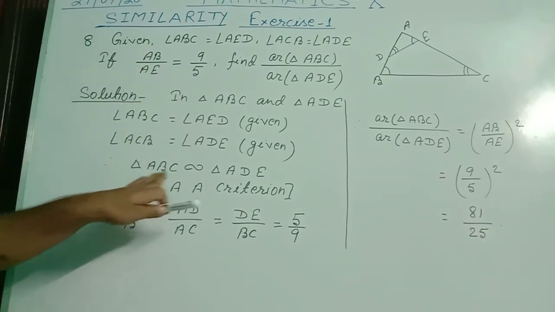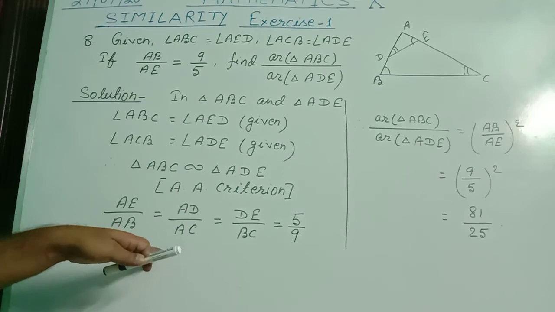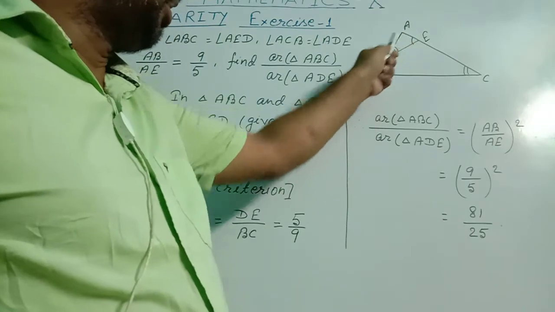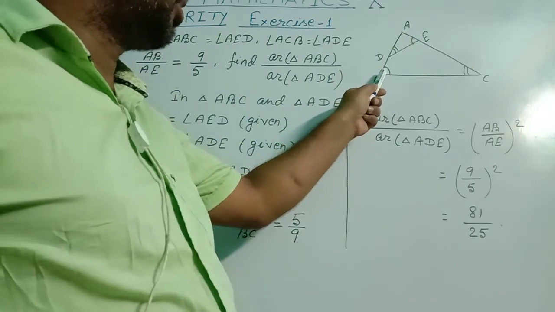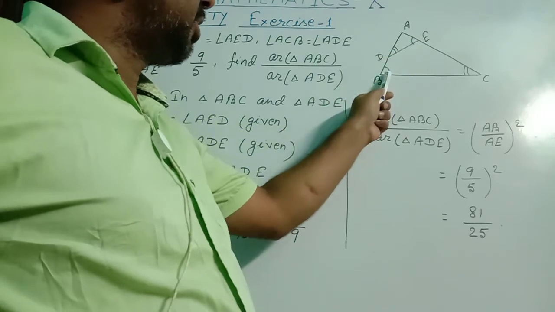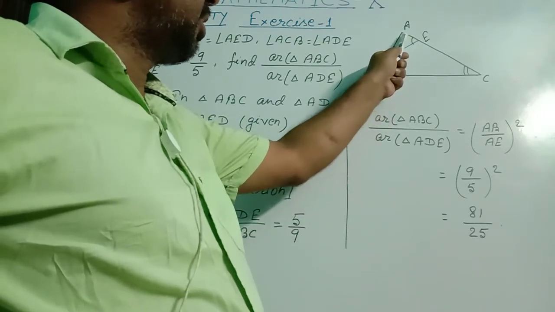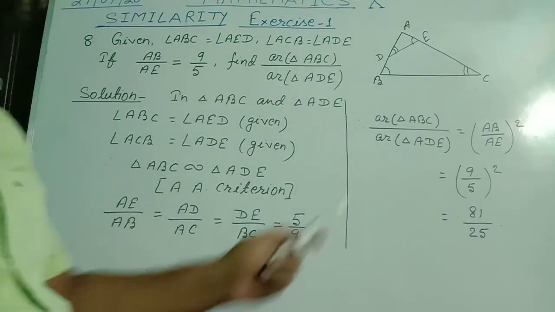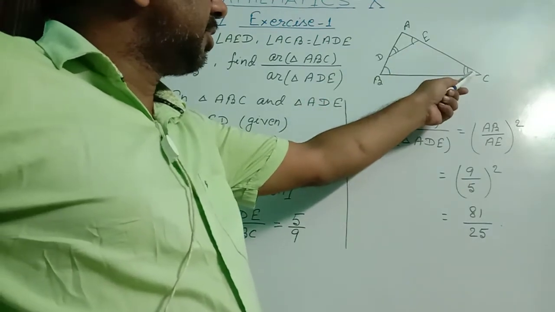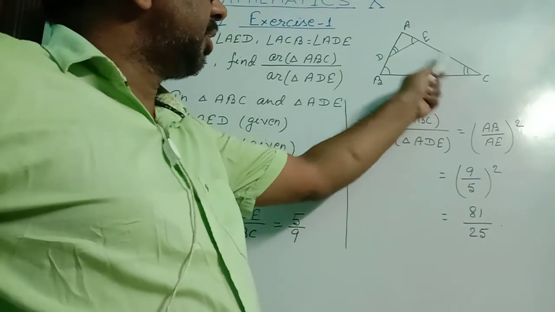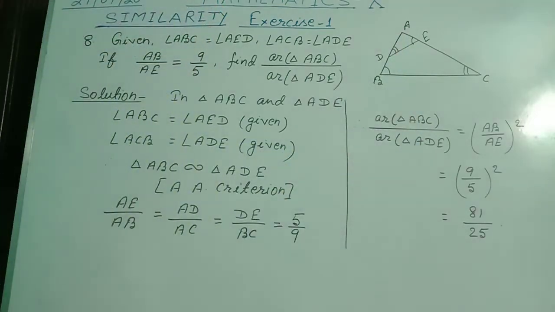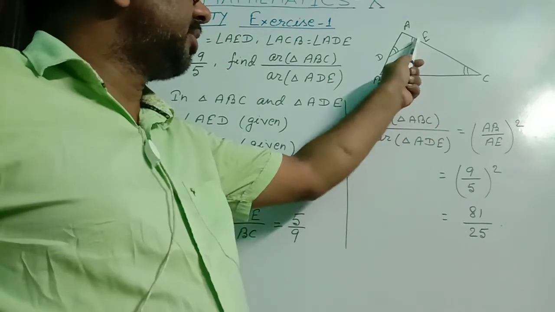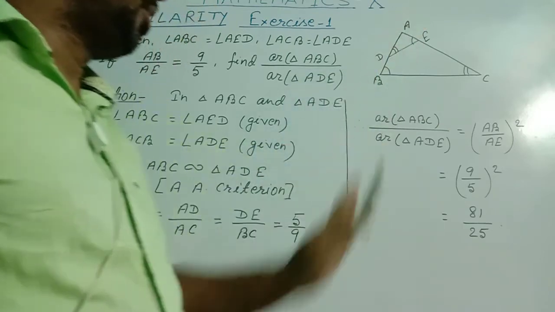As you proved these two triangles are similar, next we write that the ratios of the corresponding sides will be equal. AE and AB are corresponding sides. How do we understand? Here this angle and this angle are equal, and at this place this angle is common. So these two became the corresponding sides. Similarly, AD and AC are corresponding sides, because this angle is equal, and this angle is common for each. And what is left? DE and BC, so these two are also corresponding sides.